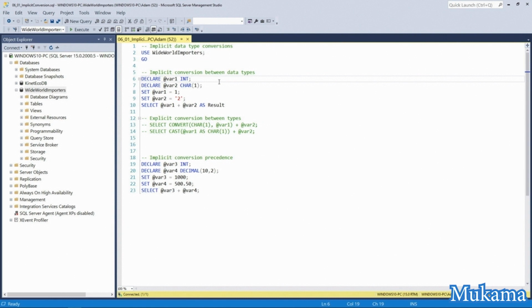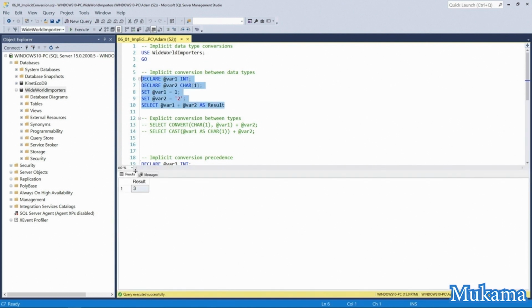We can see how this works by setting up two variables. I'll call them var1 and var2. The first one will get an integer data type, and the second one will be character data. I can then give each variable a value: the integer, the number 1, and the character, the text 2. Now, even though these are two different data types, when I add them together in this select statement that adds var1 and var2 together, SQL Server can still figure out what I probably intended. Let's go ahead and run this, and we'll see that SQL Server correctly adds 1 and 2 to get the